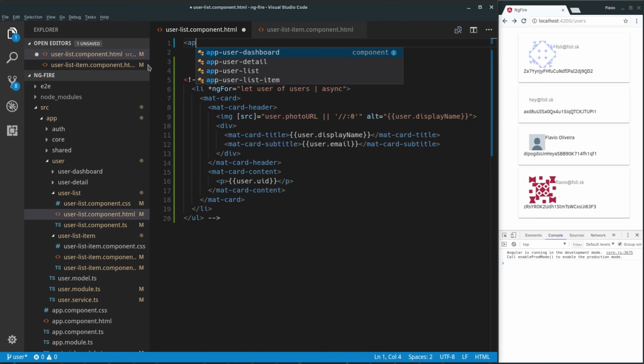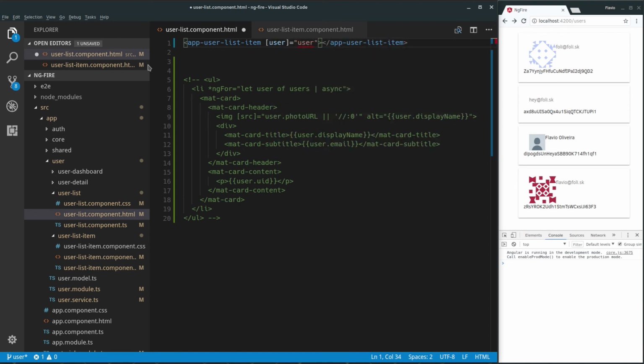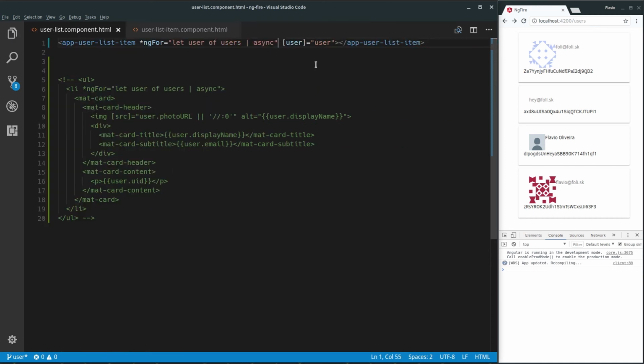And here we're gonna add app-user-list-item. Now we can pass the user to the user list item component. Like that. The same as we did in here with the list item, we need to do up in there as well, so it loops through our users. Now if you save it,